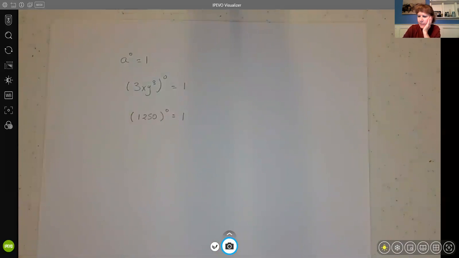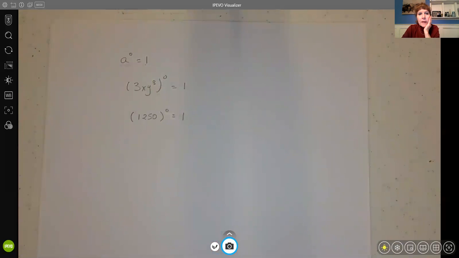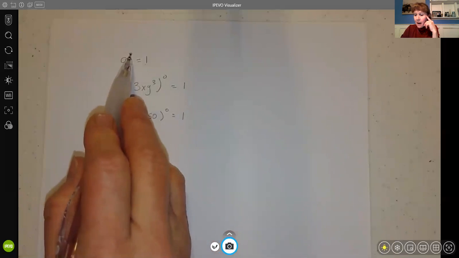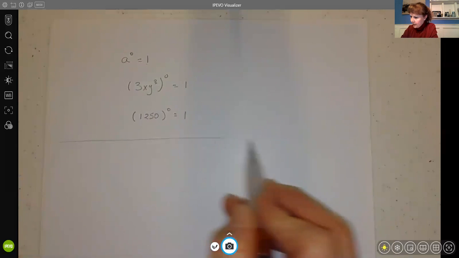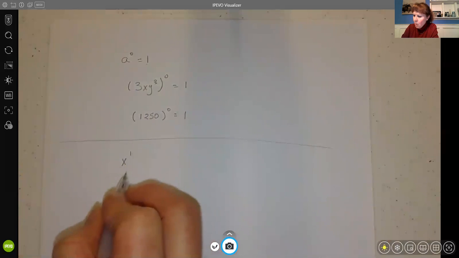People see that 0 and they think, well, it's going to be equal to 0. But in this case, when the 0 is an exponent, whatever is inside here, or whatever has that power of 0, is always equal to 1. So that's pretty easy. Also, in this section, they want you to know x to the first, or a to